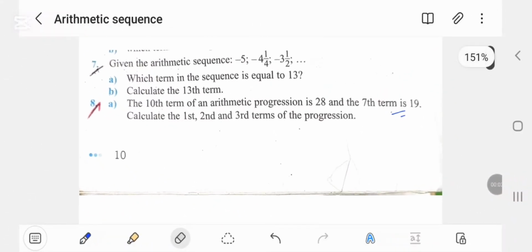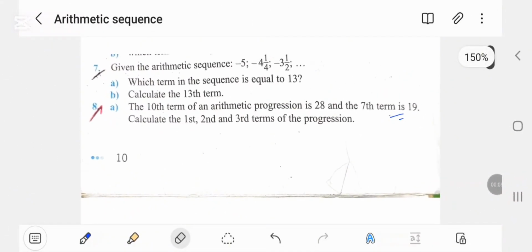Given the arithmetic sequence, minus 5 and then this number and then the other number. So which term in the sequence is equal to 13? The first term is minus 5,